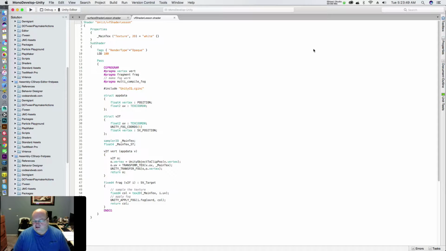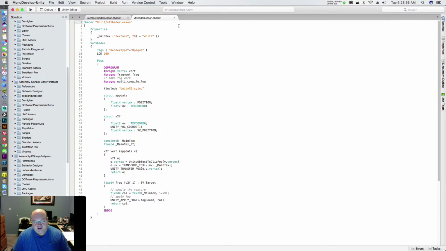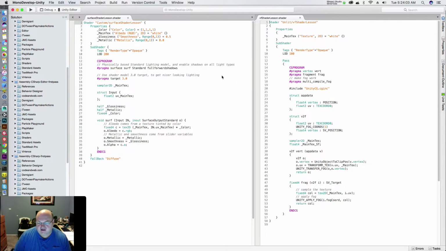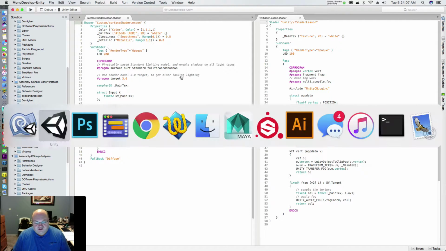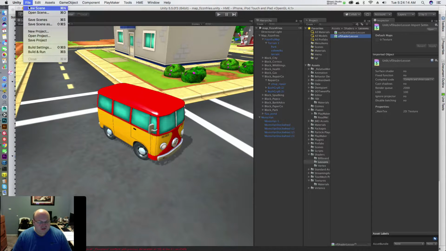Now what I did is I just double clicked the shaders, and that fires up MonoDevelop where you can see it. Nice thing with the later versions of Unity, you can actually split these into two screens by right clicking on the tab and moving it over. So let's compare these two, but before that, let's go back into Unity and apply this to something. I'm going to start a new scene,